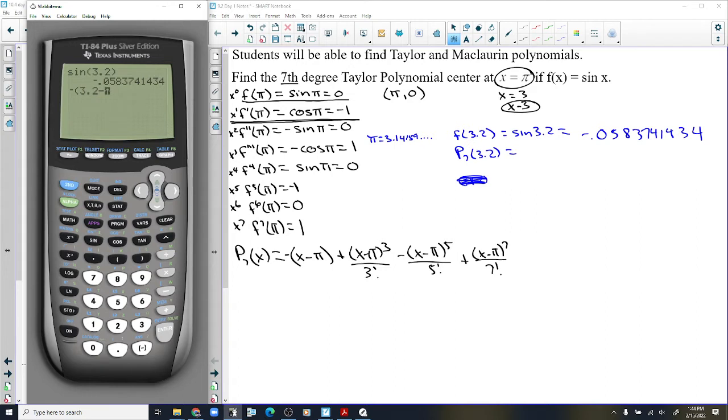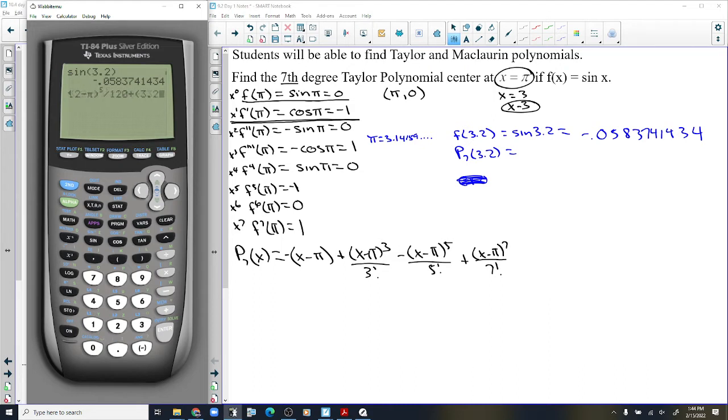3.2 minus pi plus 3.2 minus pi squared, but then divided by, oh no, I don't have the squared, I have the third. This is 3.2 minus pi to the third divided by 6, minus 3.2 minus pi raised to the fifth. I did have the minus there, that's good. Divided by 120, and then finally plus